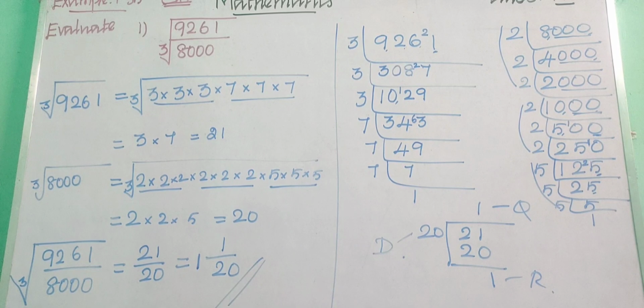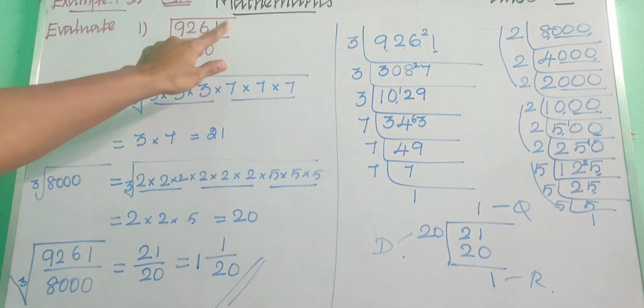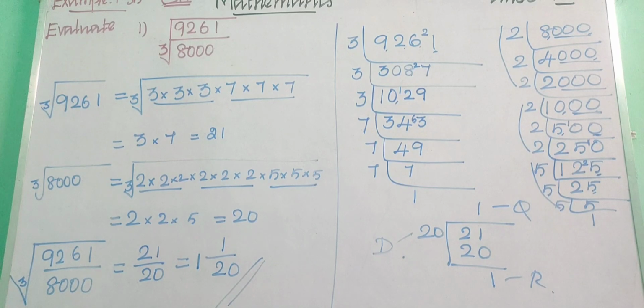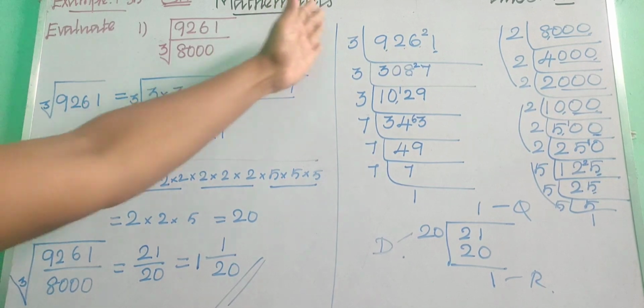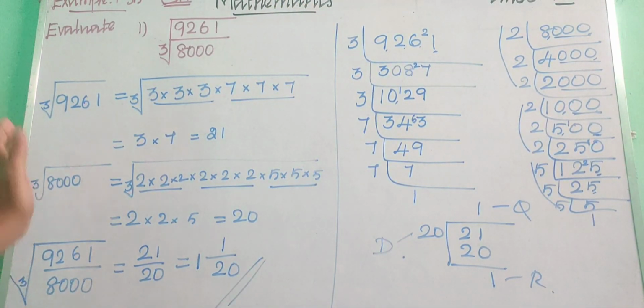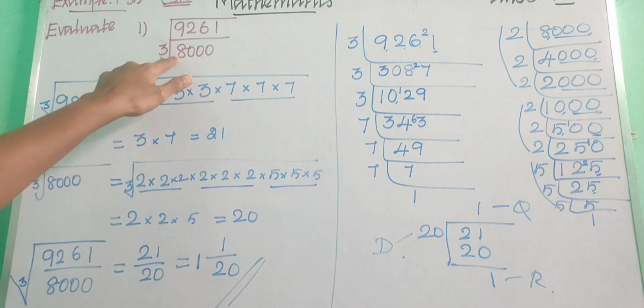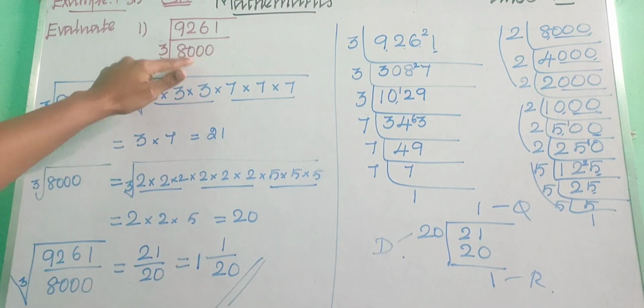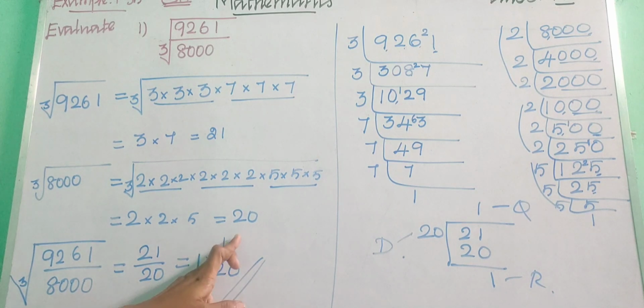Very easy, right? Simply the question is cube root of 9,261 by 8,000. Okay. So simply we just had to find out the cube root for this number first. Okay. By finding the prime factorization, and we got 21. Okay. And separately we find the cube root for this 8,000 by using prime factorization, and we got 20. Okay. And at the last we are just writing the whole answer as 21 by 20. So it is an improper fraction, so that we can write this as mixed fraction. So we got the answer as 1 1 by 20. Okay, children. So copy this in your classwork notebook.